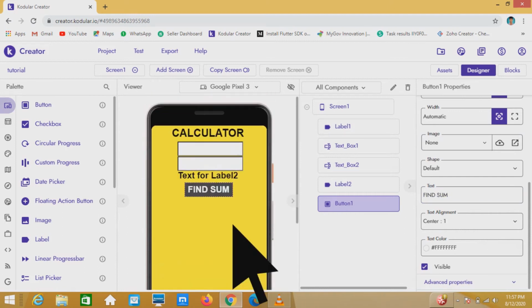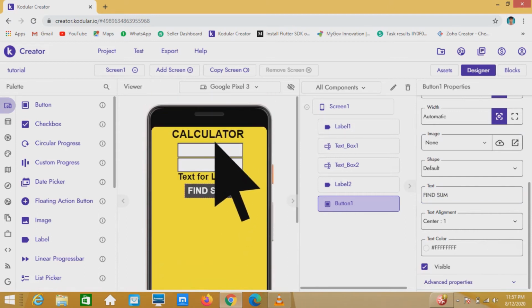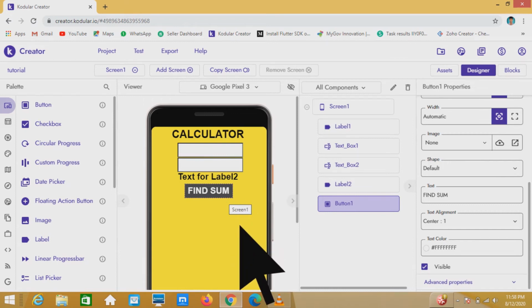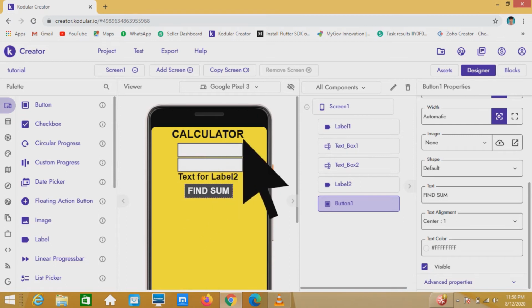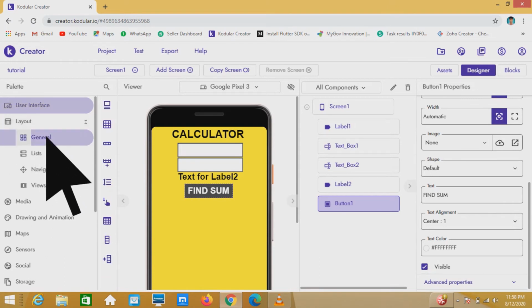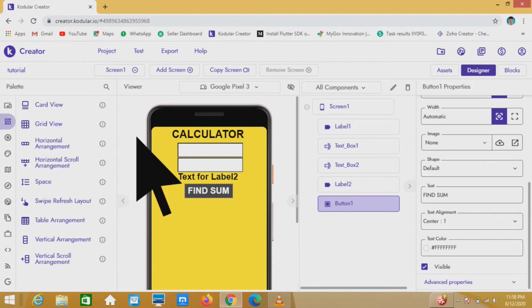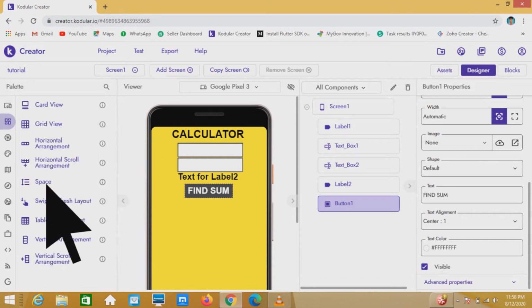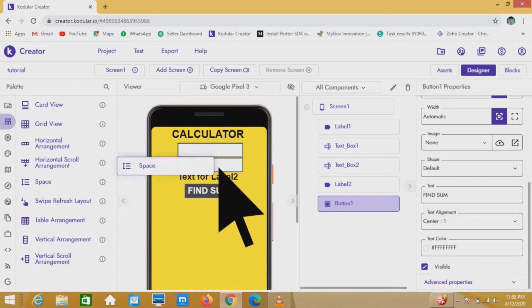but the app looks a little congested, like all the components are so close to each other. So we are going to add a gap between all the components. For that, go to layout and click on general. There you can find a component called space. I will drag this space between every component like this.